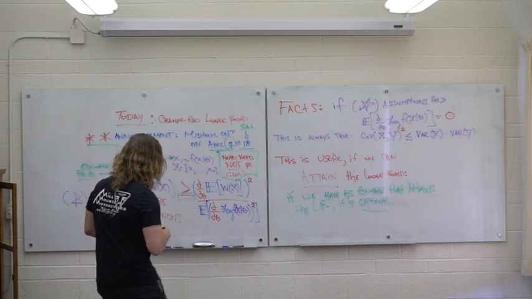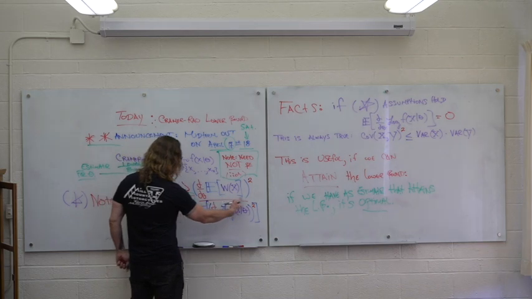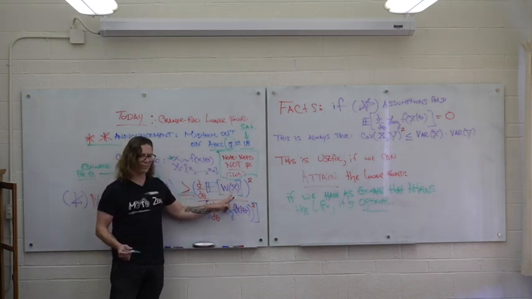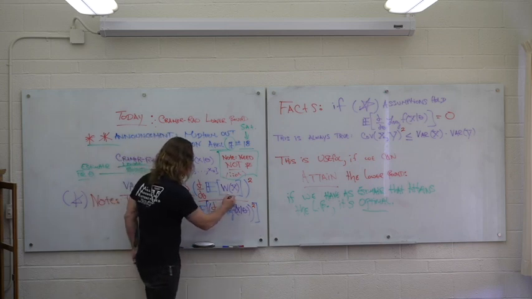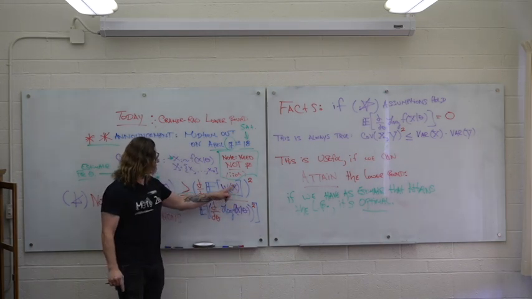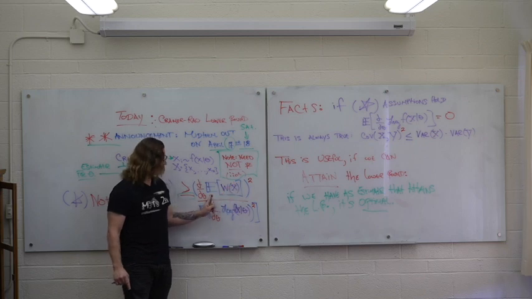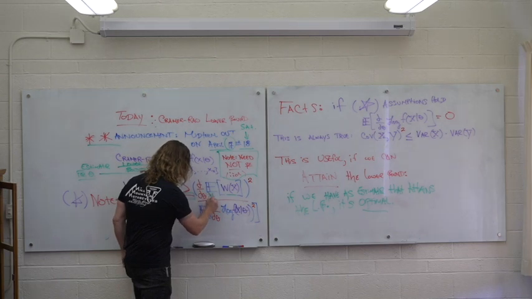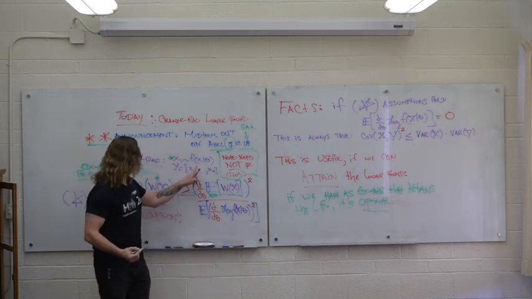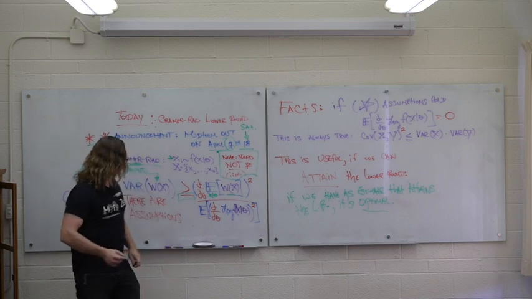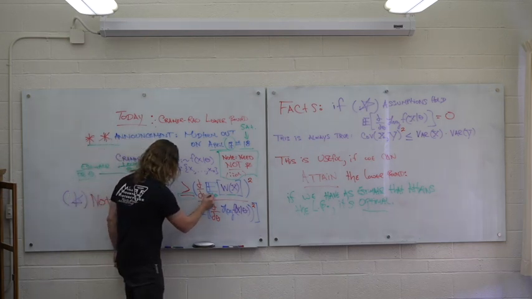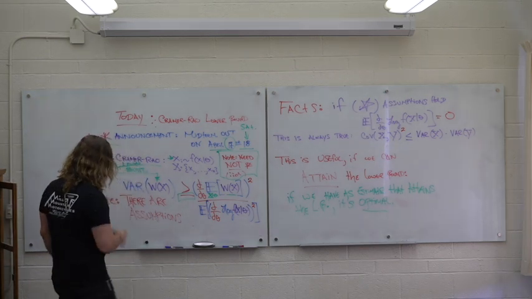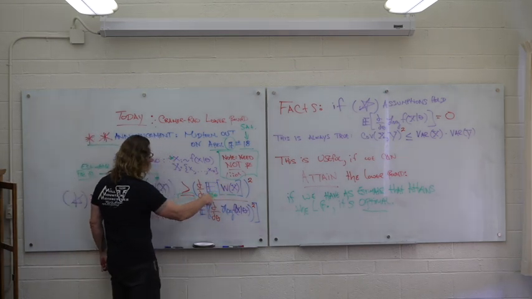Now there's a caveat to all of this, and it's the numerator condition. This right here is a function of theta, so an expectation of the estimator. This is just something we can compute. There's no thetas in here, but after I take the expectation, there's thetas there. So just be real clear about which expectation this is. This is with respect to the sampling distribution. So this would be the whole data set all at once. This is a function of theta right here.